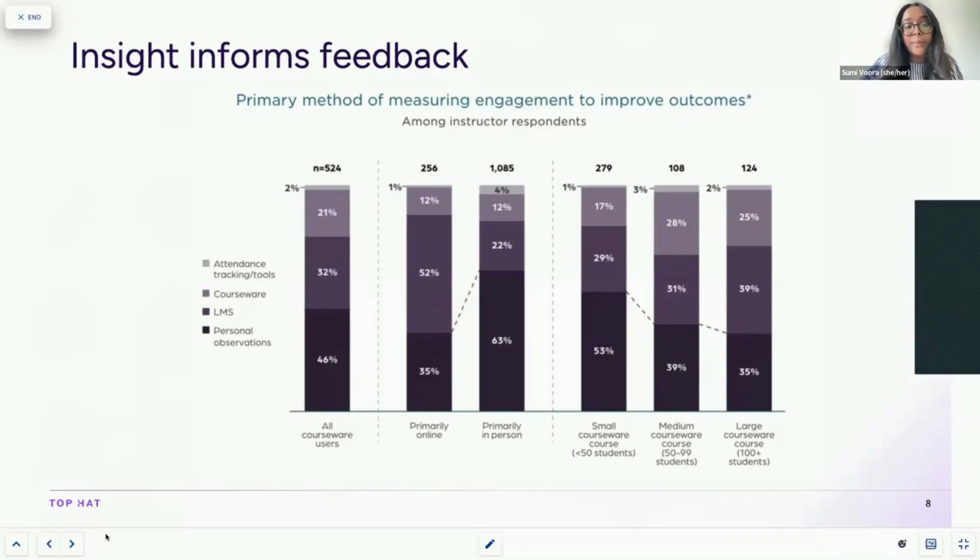And from this Titan Partners report, we can see that the majority of instructors have to rely on those observations to get a read. Without incorporating some sort of technology that allows them to measure reliable sentiment data, instructors risk missing early warning signs or misinterpreting student needs. So to develop a continuous feedback loop, you must first ensure that you have the necessary insights to support student